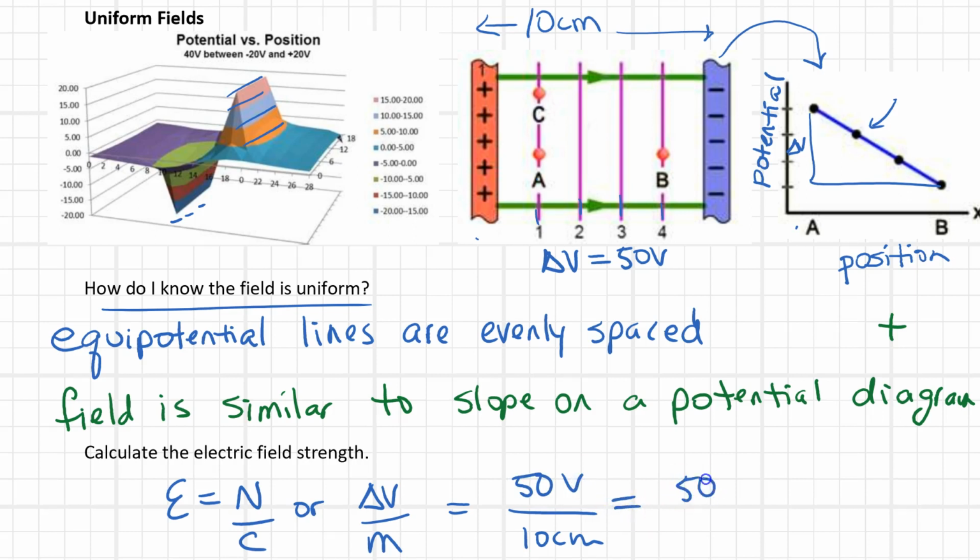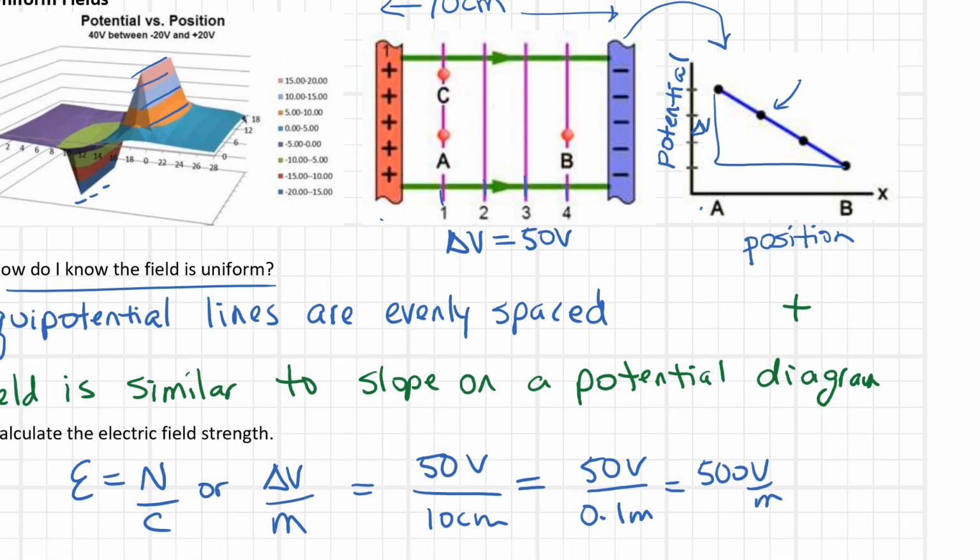So I could say 50 volts divided by, I have to put that into meters, so 0.1 meters. So I would get 500 volts per meter, or you could switch it back if you wanted to, 500 newtons per coulomb. Both are excellent answers. Okay,